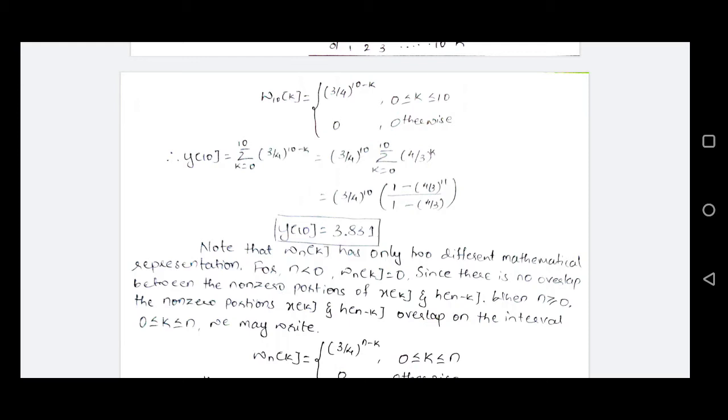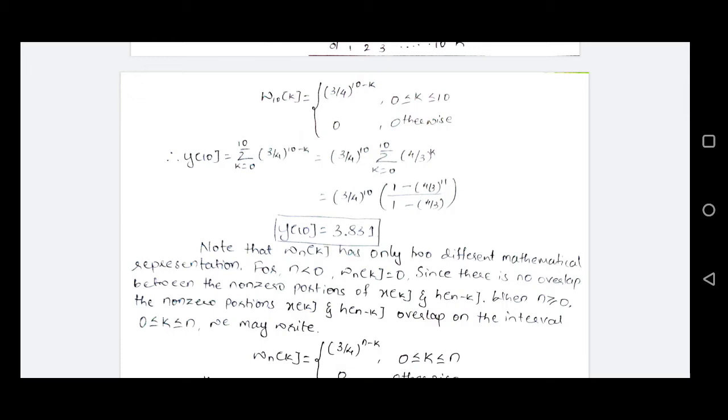As soon as n is equal to 0 and for all the values greater than 0, overlap will begin. So the mathematical representation changes, because when there is overlap, the intermediate signal will be non-zero. Because the intermediate signal is non-zero, the output will be non-zero. So the mathematical representation is changing from 0 value to some non-zero value. Now this is the change in mathematical representation that we spoke about in the procedure for the reflect and shift method.